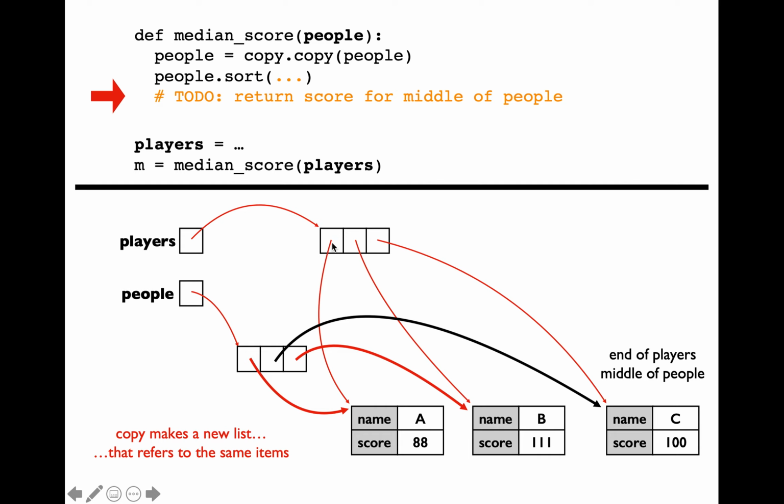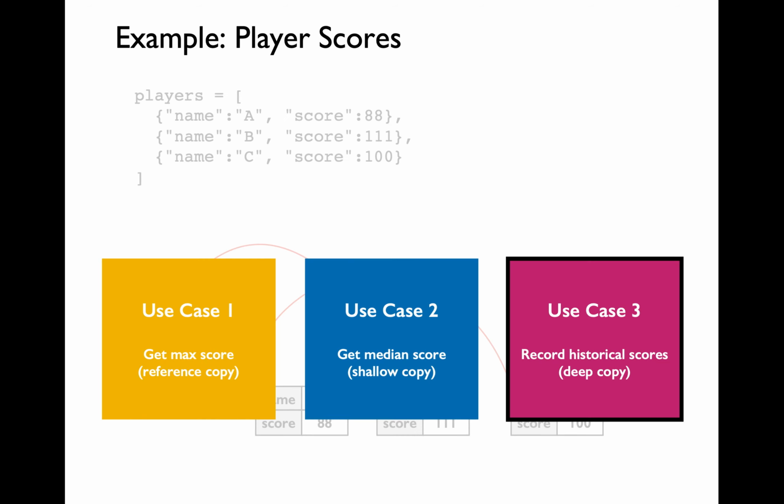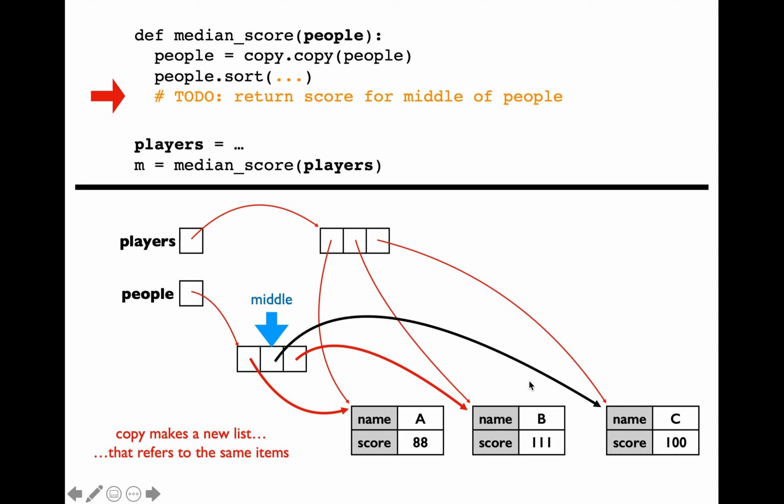Observe that this did not have an impact at all in the ordering of the dictionary object instances within the original list object instance here. So this is going to be a good use case for the shallow copy, which enables us to find the median by getting to the middle object instance as part of this new list object instance that we just created. And we are going to be able to say that the median score is going to be 100 here, which will go into the variable m.